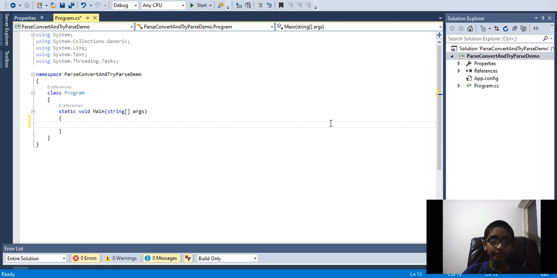Okay, so here I fired up Visual Studio and I've created a console application. What I'll do first is show you an example using the current Parse method. Before doing that, I'm going to show you whether we can convert a string to an integer implicitly or explicitly. So here I'm going to declare a string